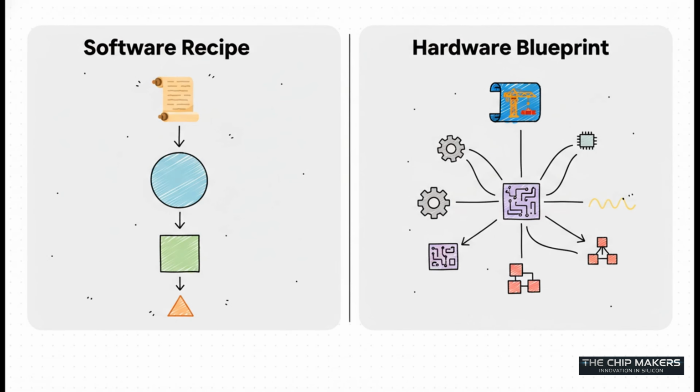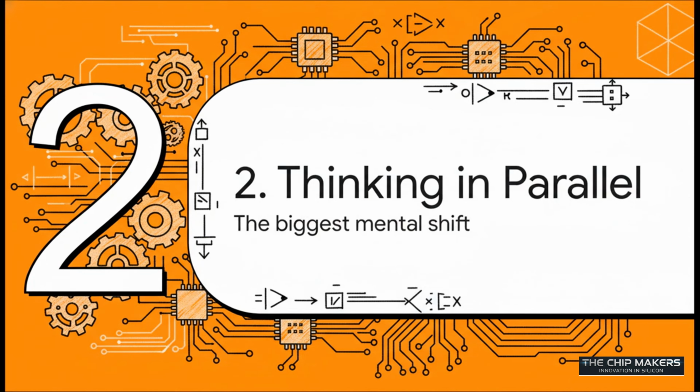The absolute best way to think about this is the recipe versus the blueprint. Software code is like a recipe. You do step 1, then you do step 2, then step 3. Order is everything. Verilog, on the other hand, is the full architectural blueprint for a house. It shows every wall, every wire, every outlet, and all those things exist at the same time in the final building. And that idea of a blueprint brings us to the most crucial and, honestly, the hardest concept to wrap